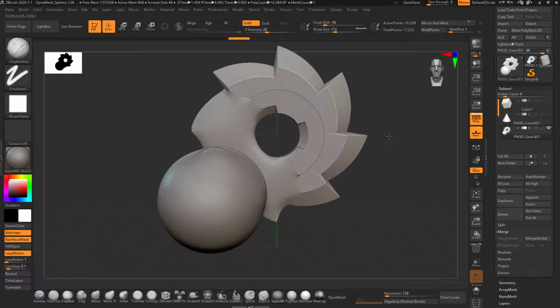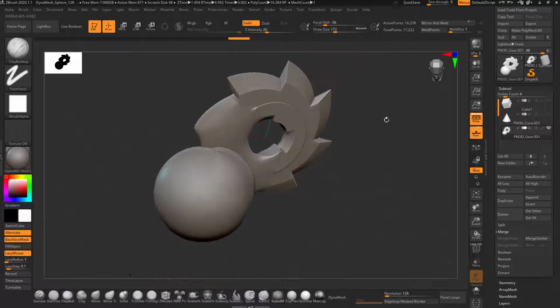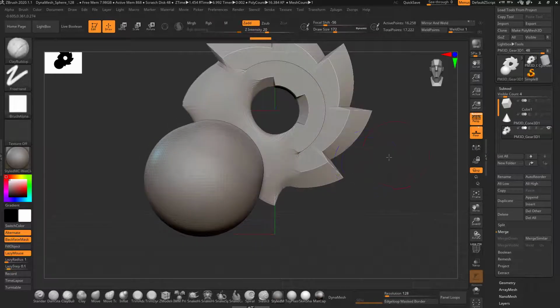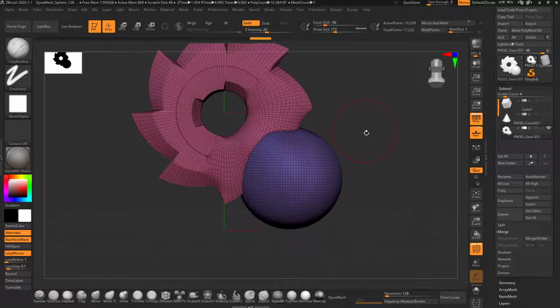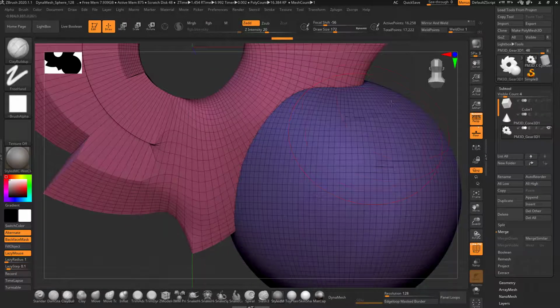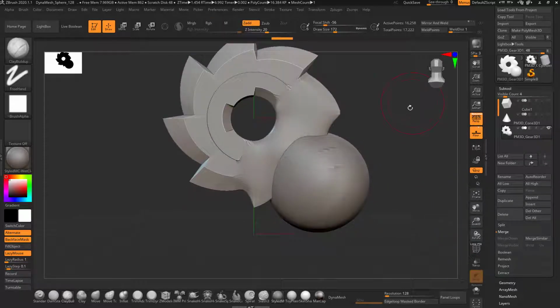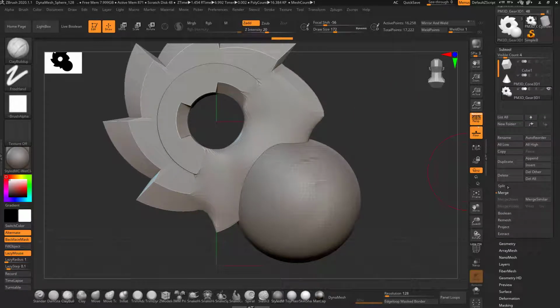The reason for this is that sometimes you want to merge the object but also want to control the selection. That's why it is very handy. When I click on the polyframe, it gives me the idea that these two still have different polygroups. So this is quite handy to make a selection. But still, if you want to merge them, you just have to click on the... okay, this is already merged.